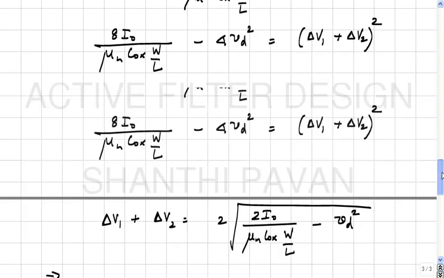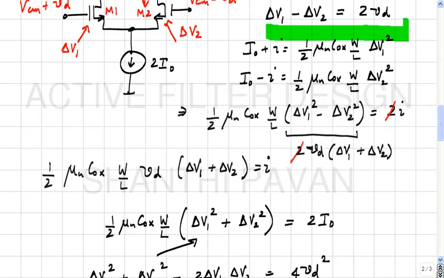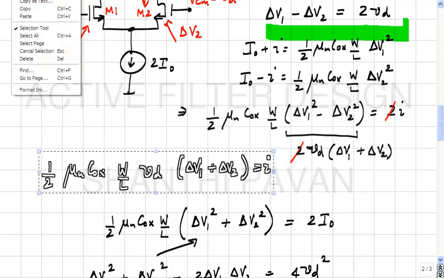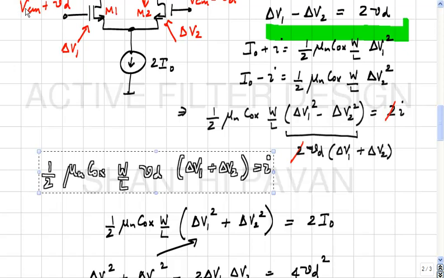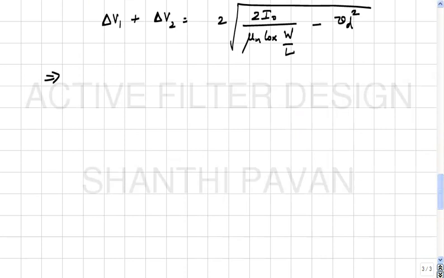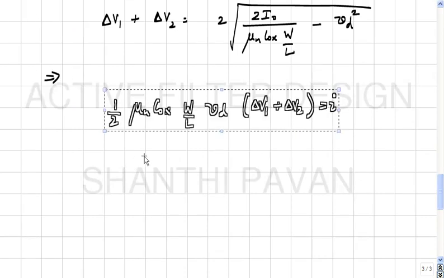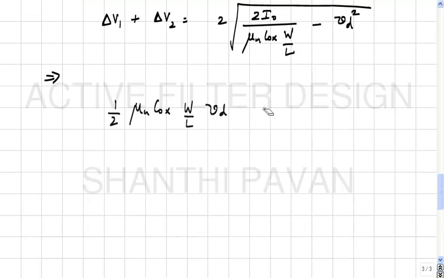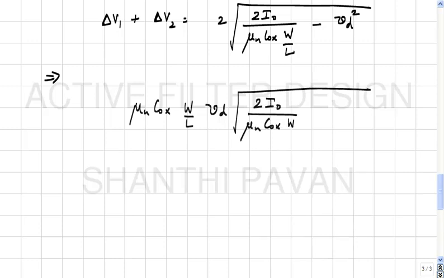which means this times 2 minus VD square is nothing but I. Okay. So, I therefore, the differential current on each leg is